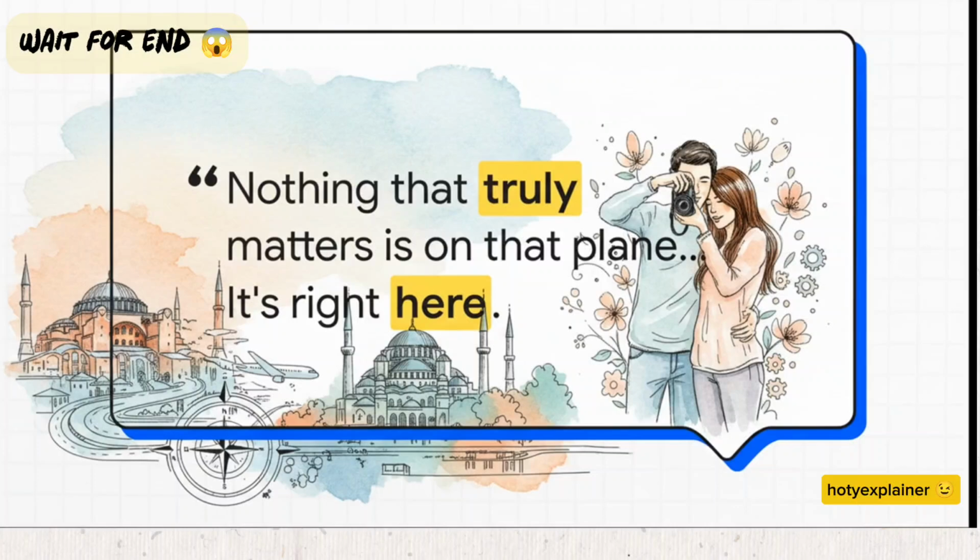So, the crucial point is this culminating moment. Hope is taking a photo in Istanbul and suddenly Jeb appears. He didn't get on the plane. And he looks at her and says, "Nothing that truly matters is on that plane or back home. It's right here." That single line is everything. It proves that this messy, forced proximity road trip didn't just delay his corporate plans, it completely and permanently altered his priorities. The cinematic journey, from the rigid, walled-off tech guy at the ruins of Ephesus to the open, vulnerable man standing in Istanbul, is finally complete.